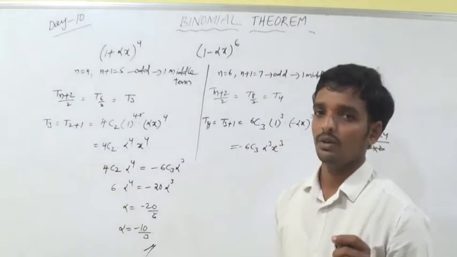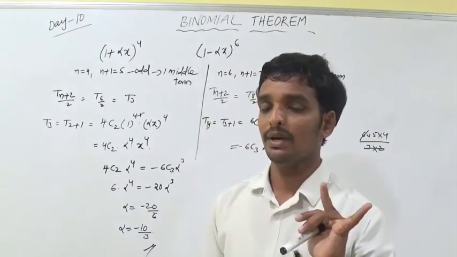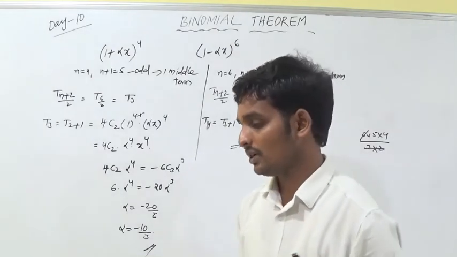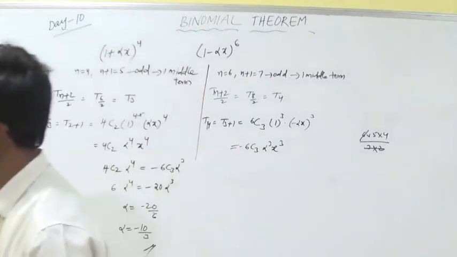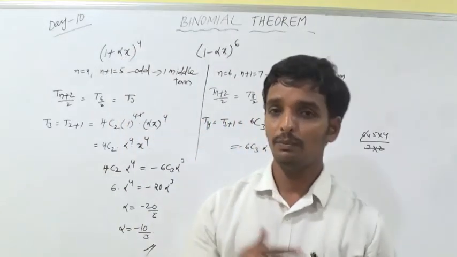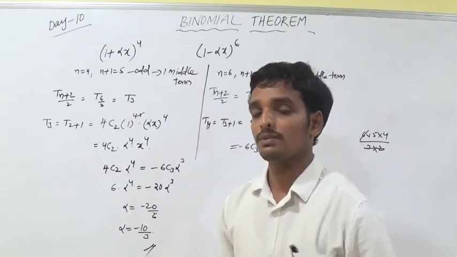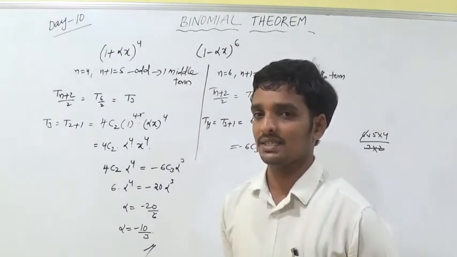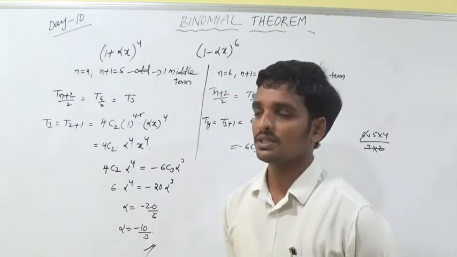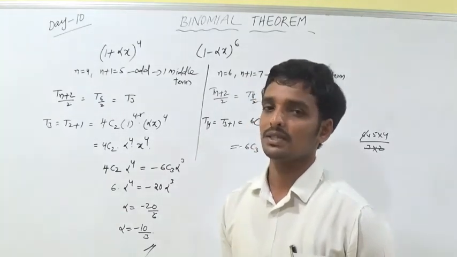Up to now, our hand sheet 2 is completed. That means the general terms and the middle terms. So we can solve the complete hand sheet. So we have learnt more knowledge on finding a specific term from the beginning and from the end, and the middle terms. And one more concept is the independent term of x. We have learnt these 4 things in this chapter. In the next class we will discuss the remaining topic, greatest coefficients and sums.